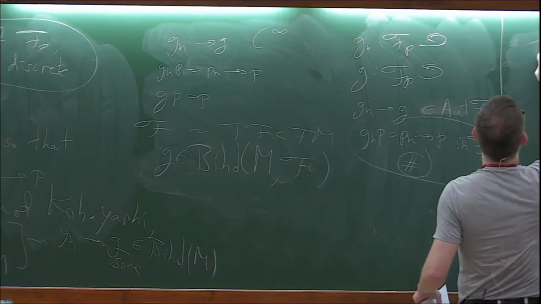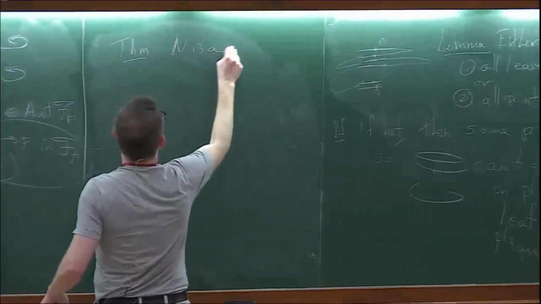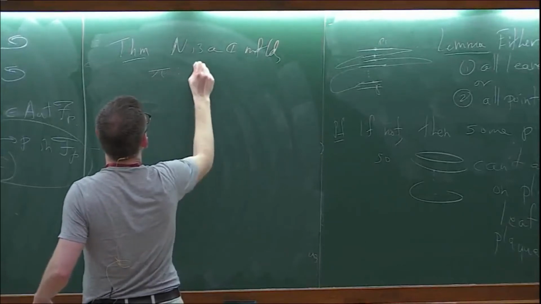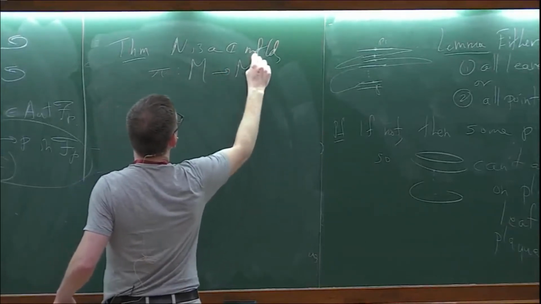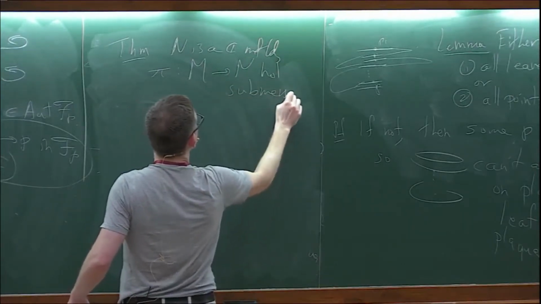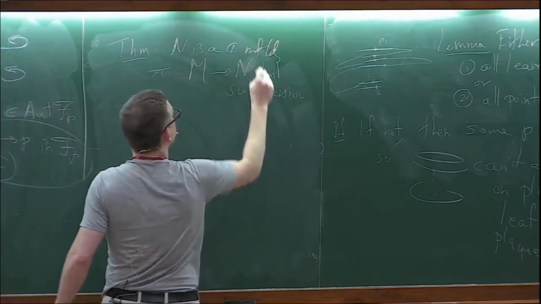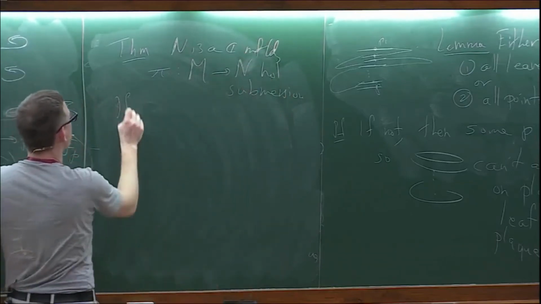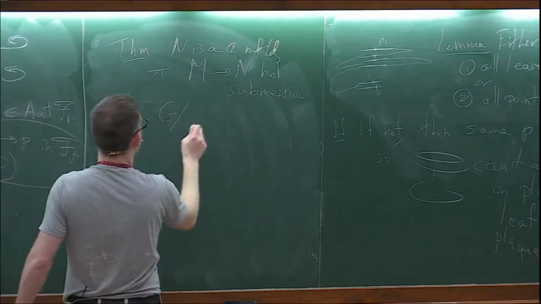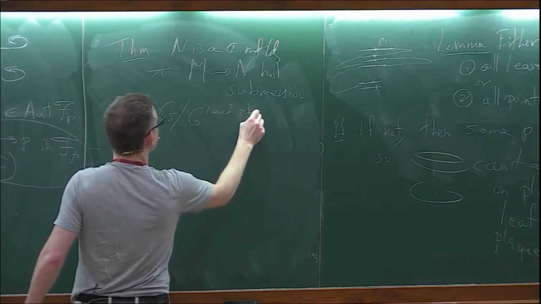And so we get the main theorem that, let's say, N is a complex manifold, and the leaf space is a complex manifold, and the leaf map pi is holomorphic. I wanted to prove it's a holomorphic submersion. So again, this was the leaf space, and this was the leaf map. And we want to prove this. I'm not going to give a complete proof, but we can say that G modulo G leaf stabilizer